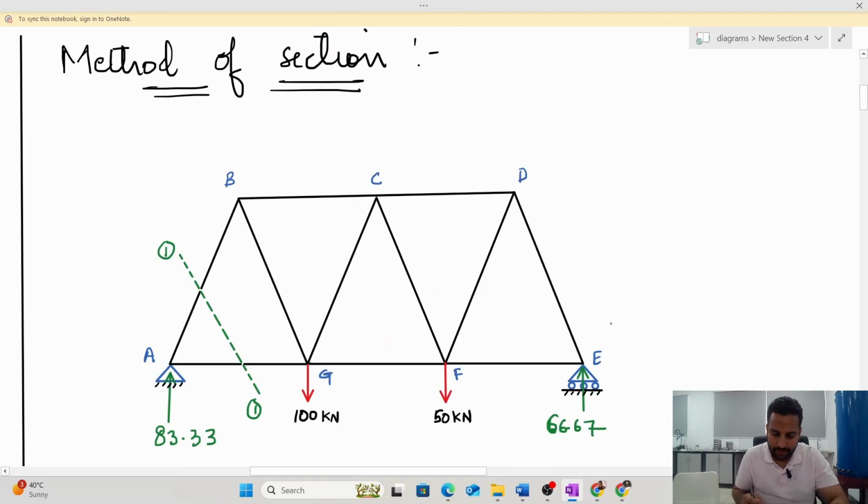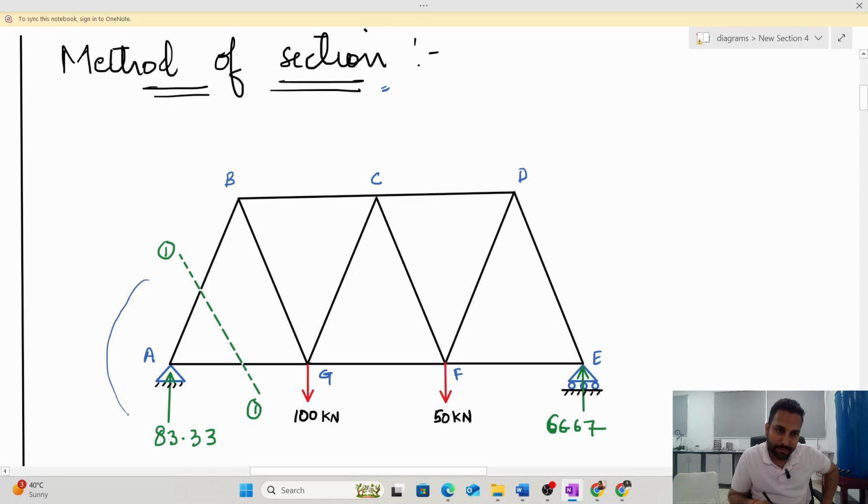Okay, now let us understand method of section. In method of section, what you are supposed to do is, you need to make a section. You need to cut a section out of this entire truss and separate it from the entire truss, and try to see what are all the forces coming out of the section. For example, if I take this section 1, if I cut this section out